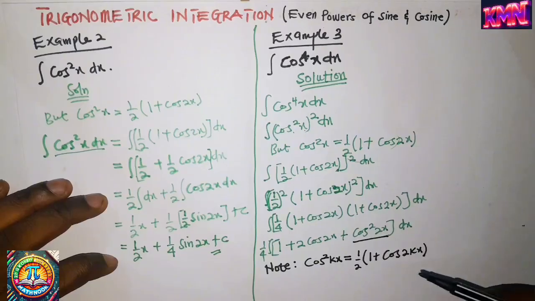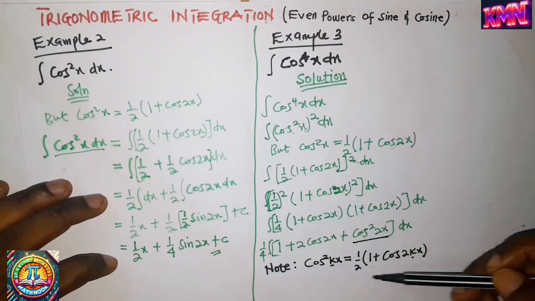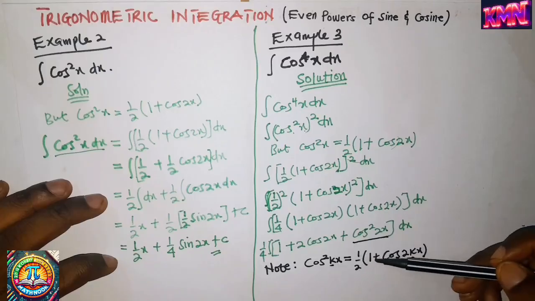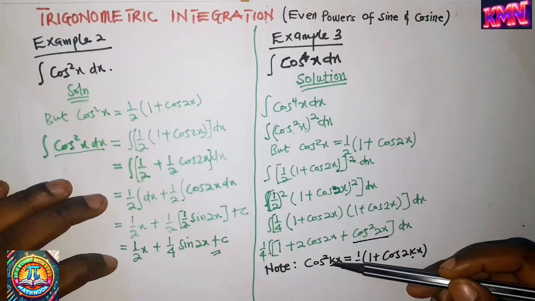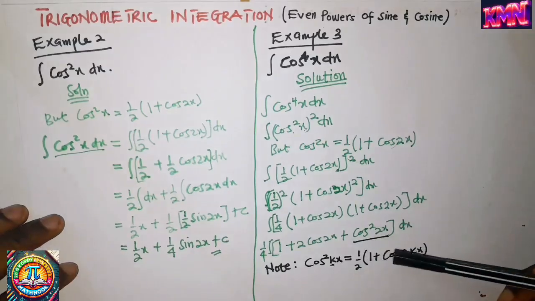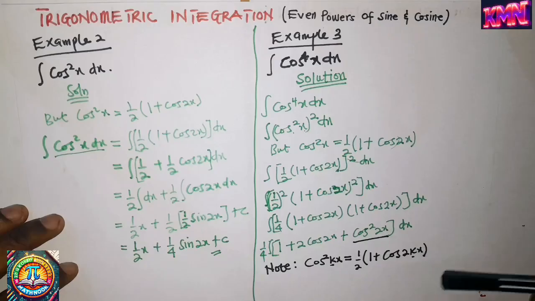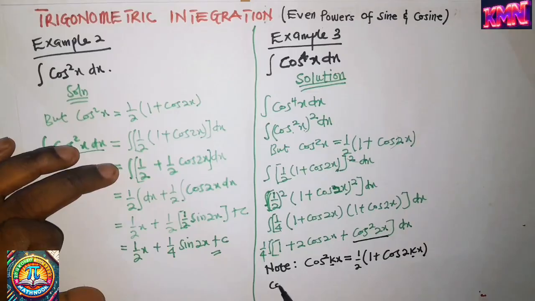This simply means that if k is 1, then the half angle becomes half 1 plus cosine 2x. If k becomes 2, then the half angle becomes half 1 plus cos 2 times 2, that's 4x. So in that case, the cosine squared 2x becomes